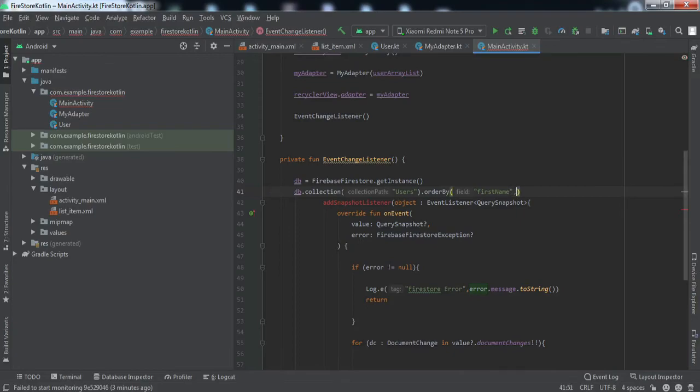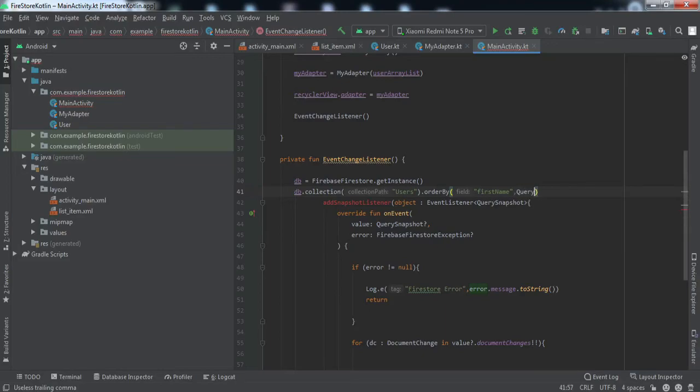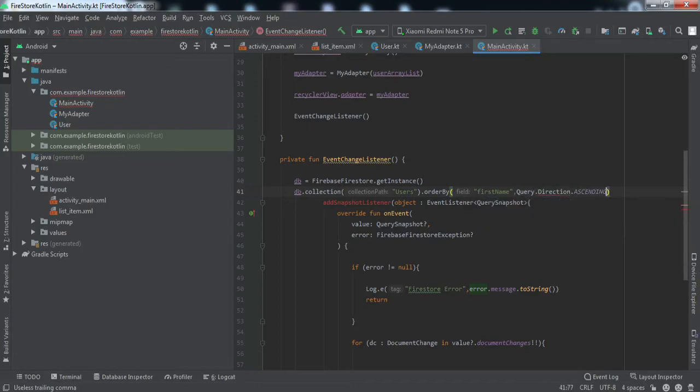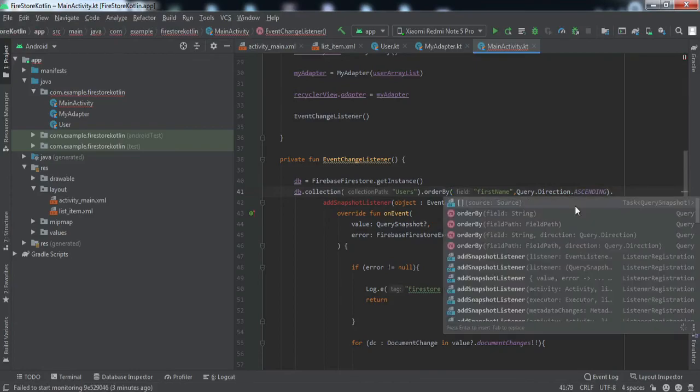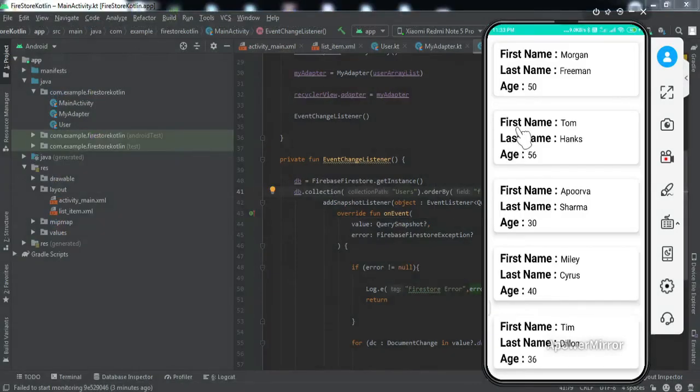And in the second argument we are going to pass Query.Direction.ASCENDING, right? So let me put a dot here. So what this will do is this will arrange the items in the ascending order according to the first name. So now I guess we have successfully implemented this feature to our Android application.